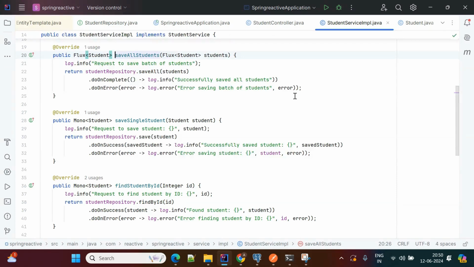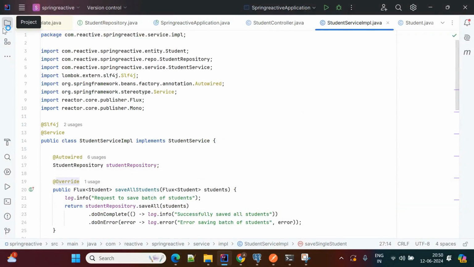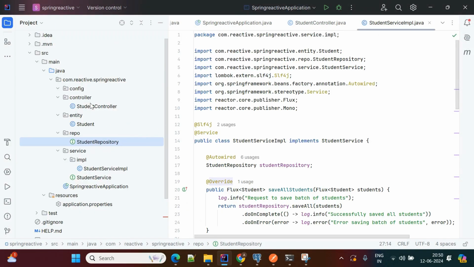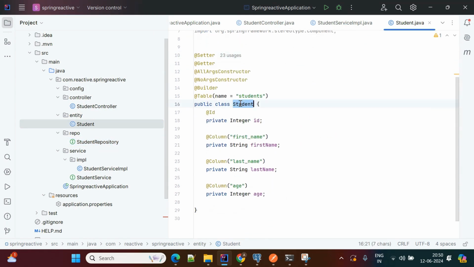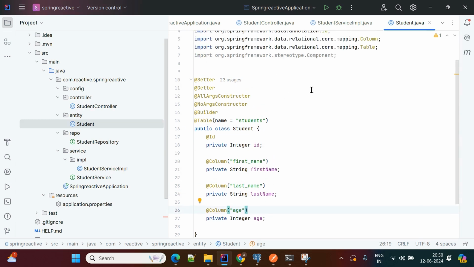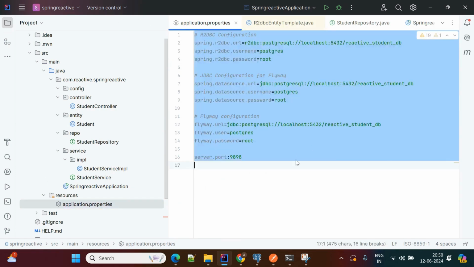If you go back to this code, I explained the controller and repository, and here is the entity. In the entity I am using student ID, first name, last name, and age. This is what I am using in the entity class. I am mentioning the table as students, and here I am using the PostgreSQL